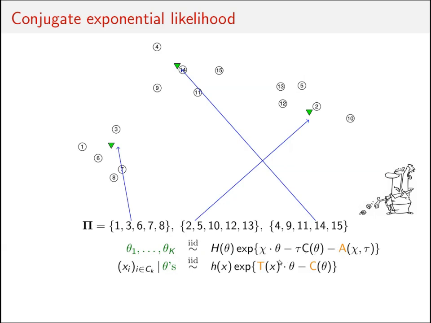You've usually seen these writings many times before. Just to introduce the main characters, main heroes of what is going to happen next. This is the sufficient statistics of observations. Those are two log partition functions. This one is for parameters, this one for observations. And so this is how we generalize the model in terms of likelihood. How we generalize the model in terms of the prior on the partitions: before, those were just Chinese restaurant process.